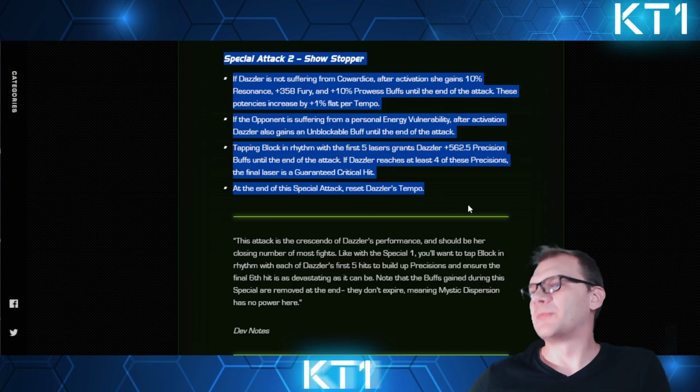Special attack 2, showstopper. This is the damage cash out, effectively. If Dazzler is not suffering from cowardice, after activation she gains 10% resonance plus 358 fury and 10% prowess buffs until the end of the attack. These potencies increase by 1% flat per tempo. So, if the opponent is suffering from personal energy vulnerability after activation, Dazzler also gains unblockable buff after the end